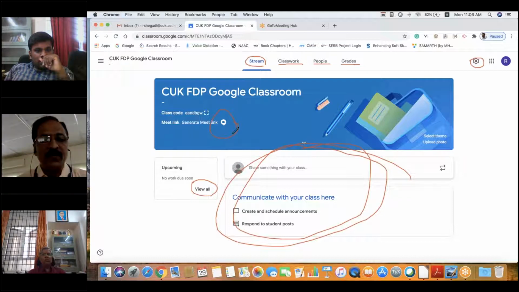This feature was not available in the earlier versions, because this is the first time I am looking at it. This is a very important feature. So we can use Google Meet and directly conduct the class through Google Classroom.